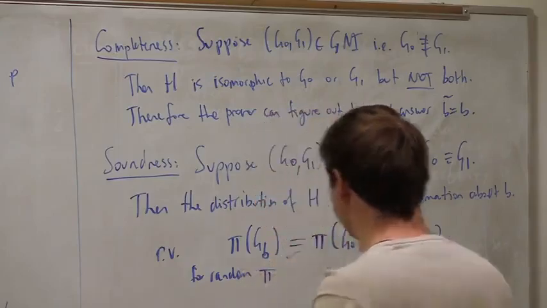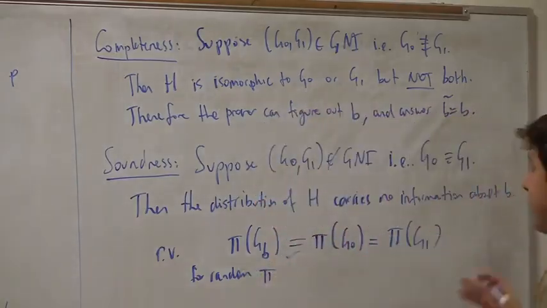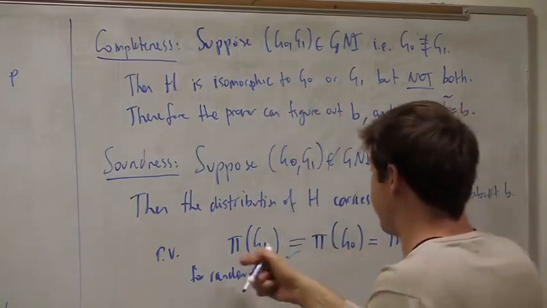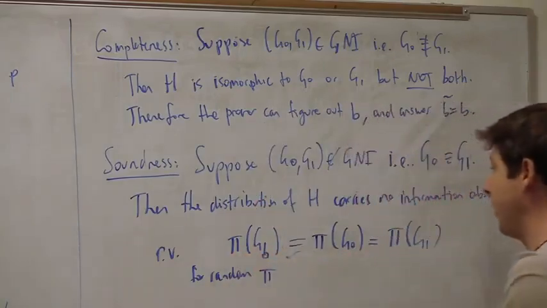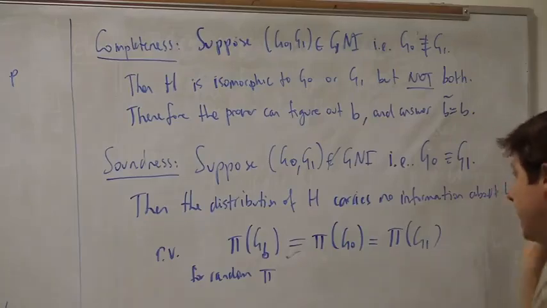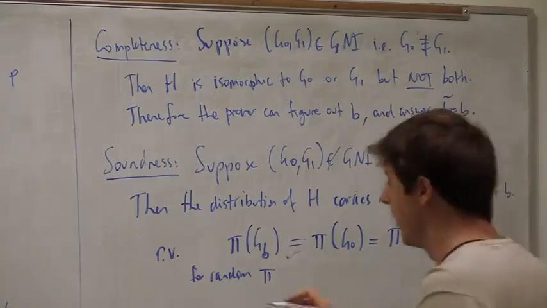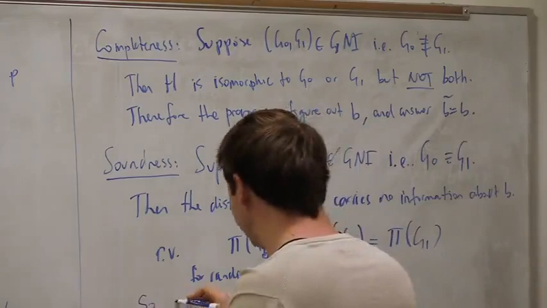Because G0 and G1 are isomorphic, it doesn't matter which of the two I'm starting from. Just the mere fact that I'm applying a random pi says that all these things are the same thing. So no matter what